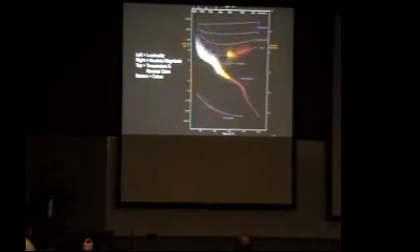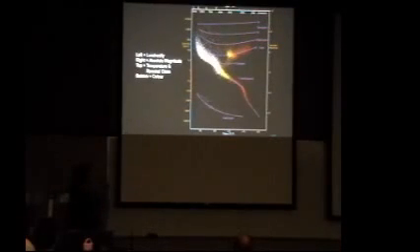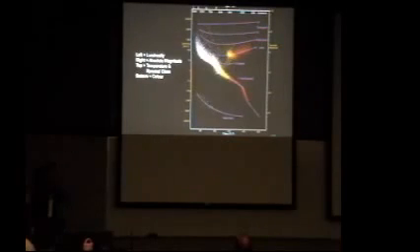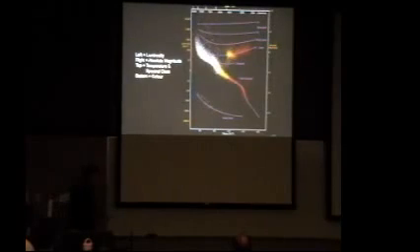And what this does is it shows us how stars fit together and how they're different or similar, or how they evolve. We'll discuss the main points along this